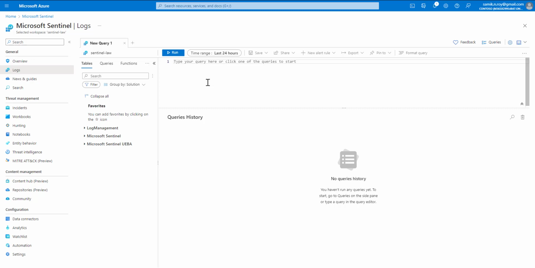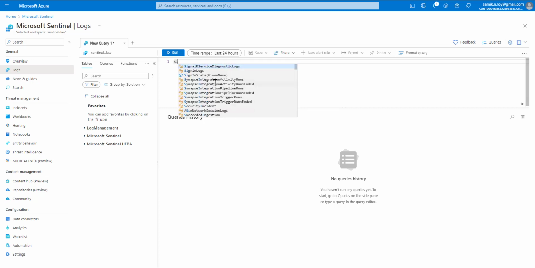How to save your working query in KQL so that you can come and look at it at a later point of time and also reuse it multiple times. For that, I am here in the Log Analytics workspace and I will start typing one of the tables, which